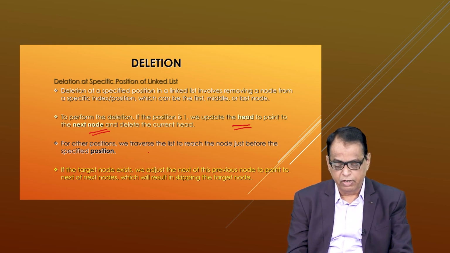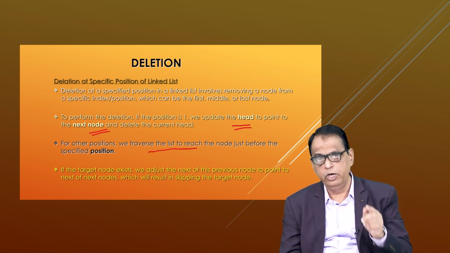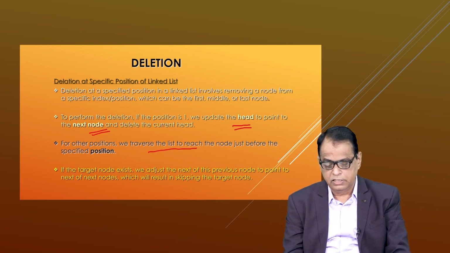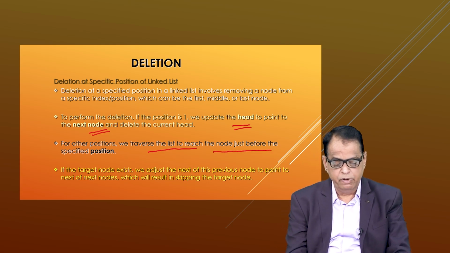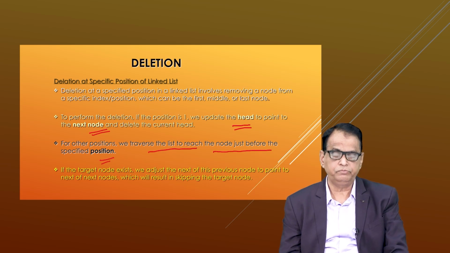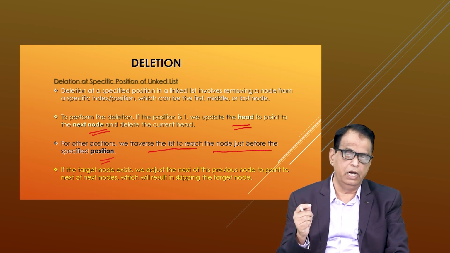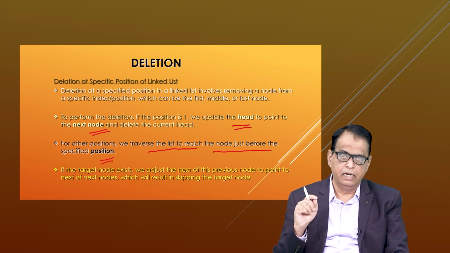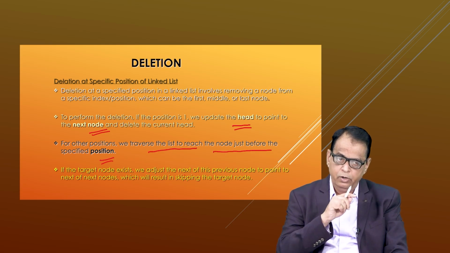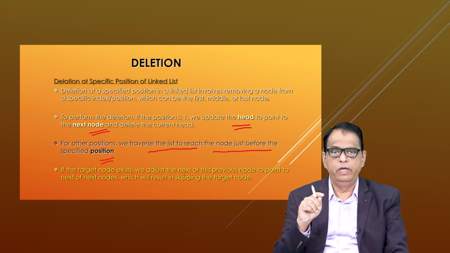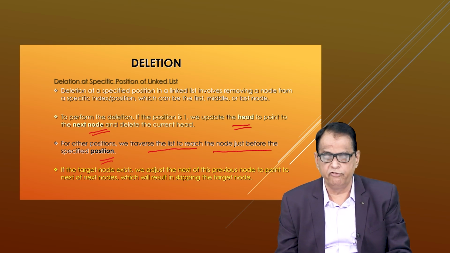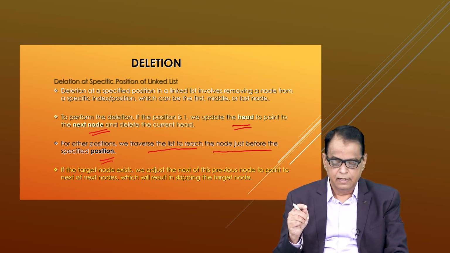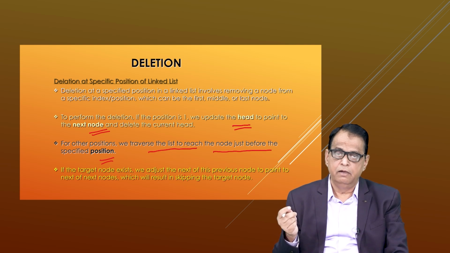For other positions, what you need to do is traverse the list and see the node which is just before the specific position. So if I want to delete a particular element present in the given list, I need to visit each and every node, and this operation is called a traversing operation. So we need to traverse the list and then we will see which node is to be